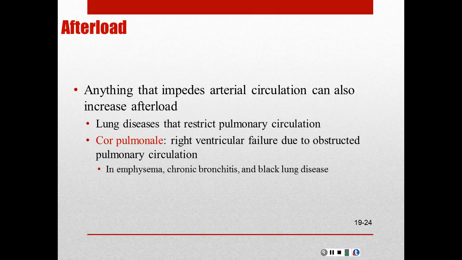Now, hypertrophy can eventually cause the ventricles to weaken and fail. Now, the right ventricle failure is called cor